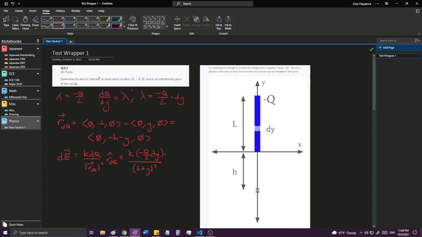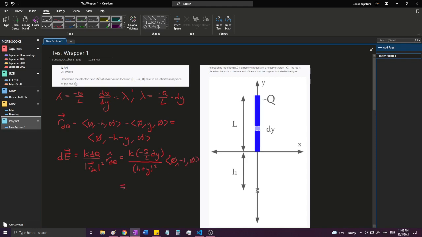And the unit vector would just be 0, negative 1, 0,